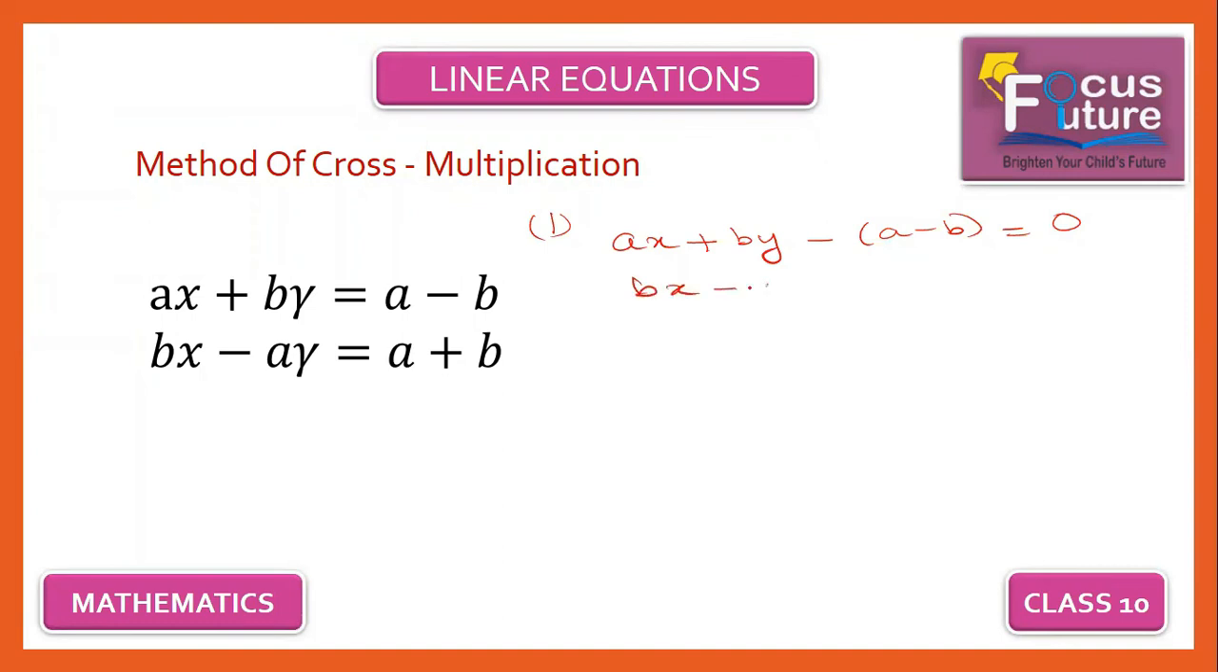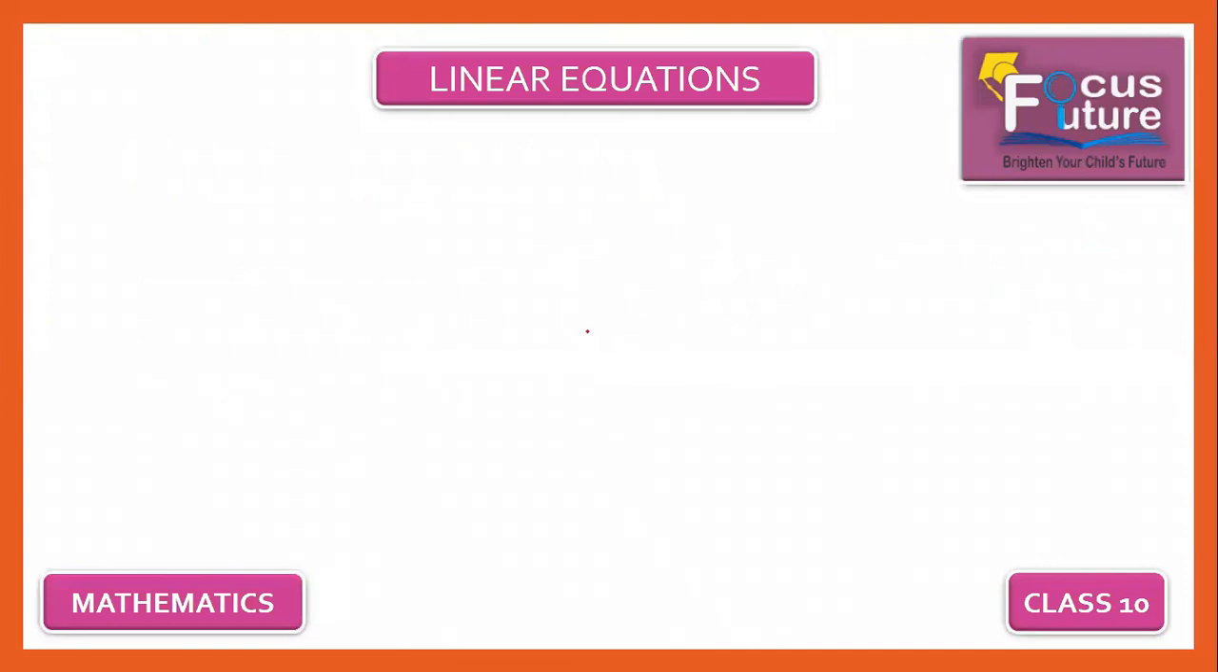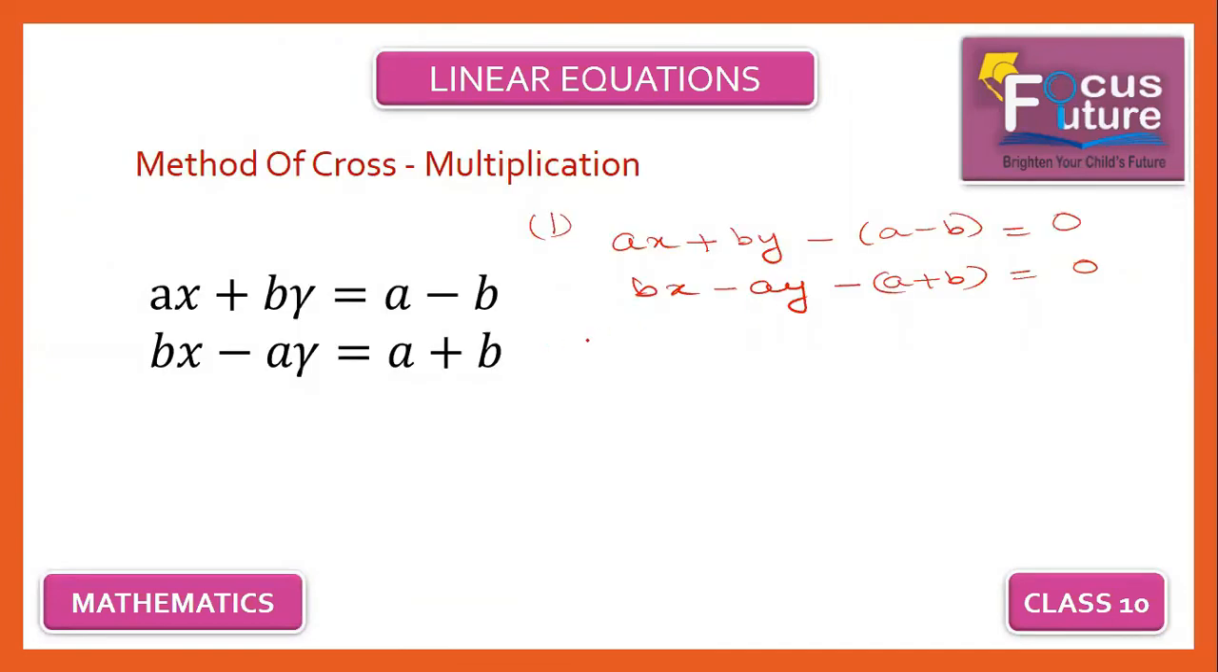Bx minus ay minus a plus b on the left hand side, so this would be equal to 0. Step number 2, you would write x, y. So what would be your step number 2? In step number 2, you would write